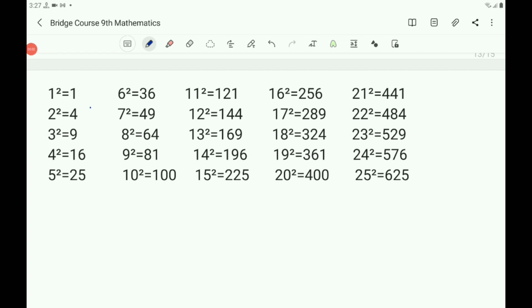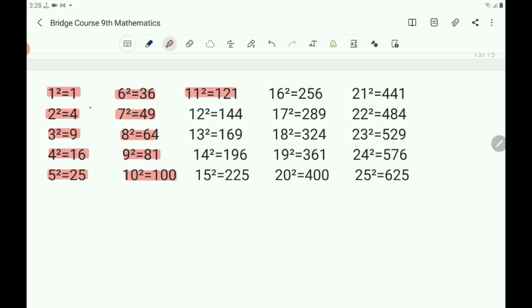Children, you must know at least the squares of the numbers from 1 to 25. It helps to calculate many problems in mathematics easily. So it is better to learn the squares from 1 square to 25 square. 1 square is 1, 2 square is 4, 3 square is 9, 4 square is 16, 5 square is 25, 6 square is 36, 7 square is 49, 8 square is 64, 9 square is 81, 10 square is 100,